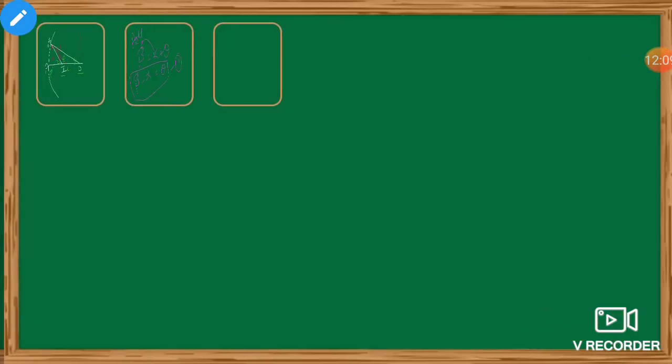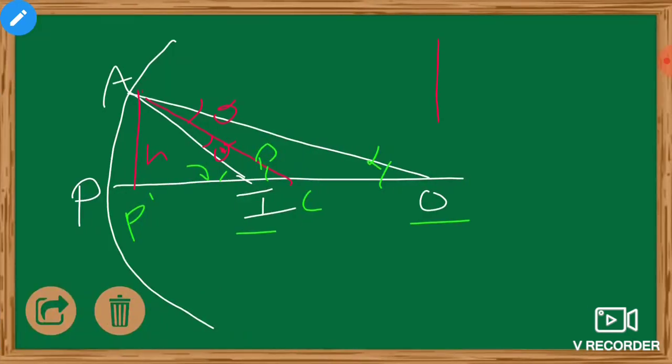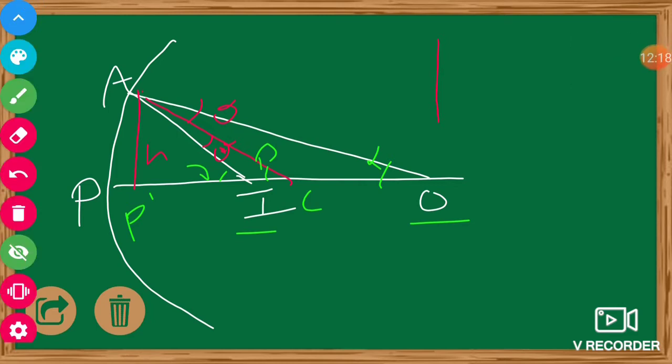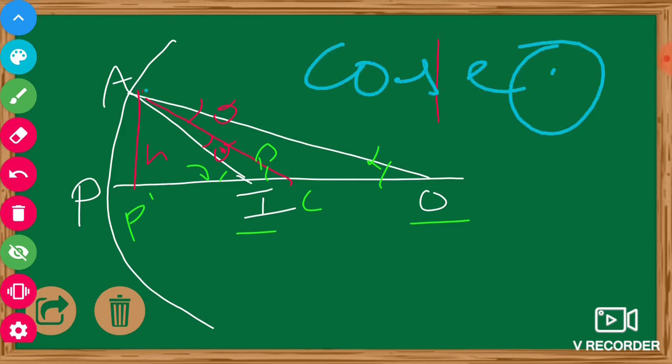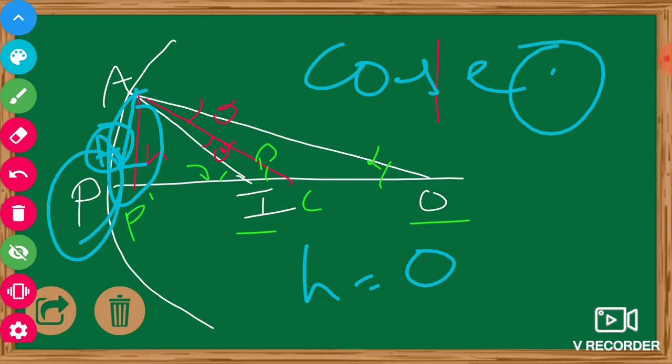Now for case 1, what happens here in the diagram? What happens if, in case 1 which we are discussing, the height h is minimal, that means the height is nearly equal to 0? This point A comes slightly down towards the principal axis, and the point A will come to the position here, which is near to the pole. Okay, this is the case.